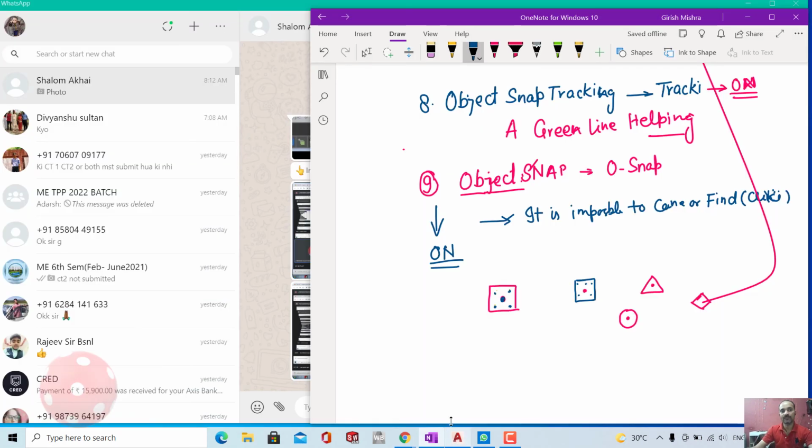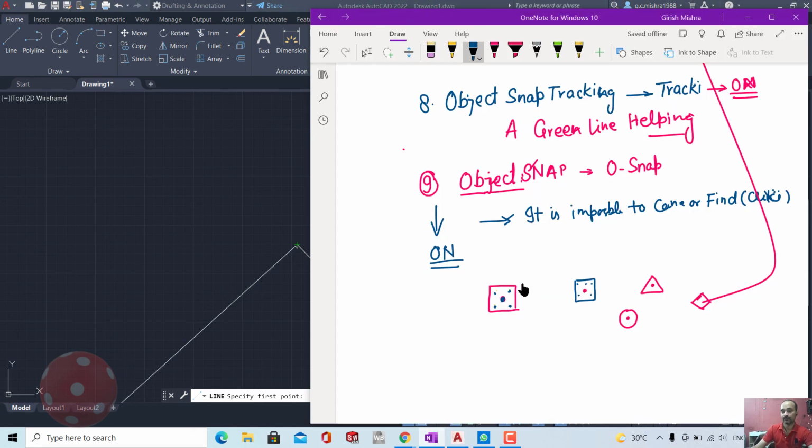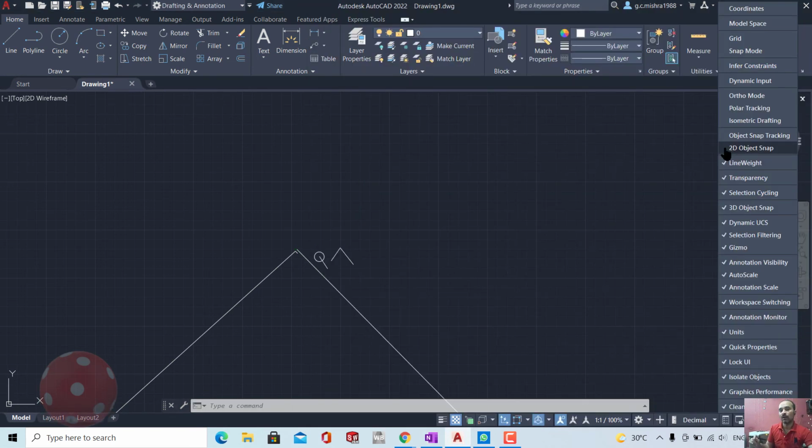So object snap basically lets you easily grip points like midpoint, end point, center point, quadrant. All these are to grip for creating your geometry. So it is very important for you. Object snap should be on. Now one more thing is line weight, but that is not required now. Transparency is for 3D; when I create a 3D object, line weight will be covered when creating a line.